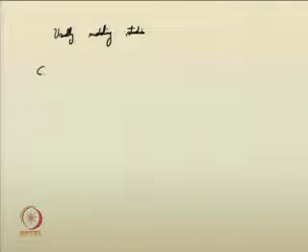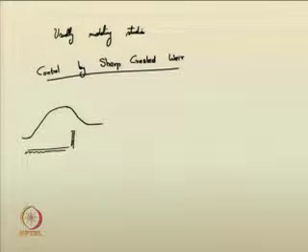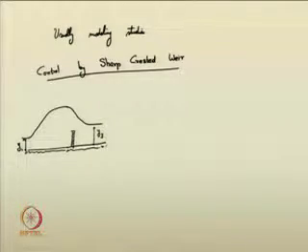For example, control of jump by sharp crested weir. Say if you have a sharp crested weir, how do you control the jump? I have the jump here and I am incorporating the sharp crested weir. So, let us consider this as y 1, y 3. I hope you all recall that the hydraulic jump which we are studying right now is in steady state condition. And in this particular case, let us assume that